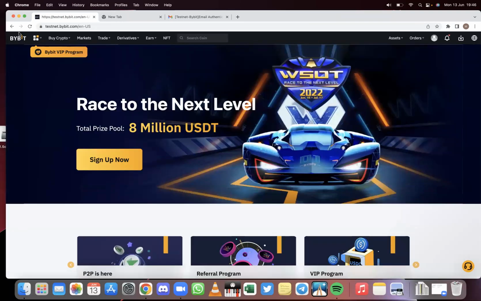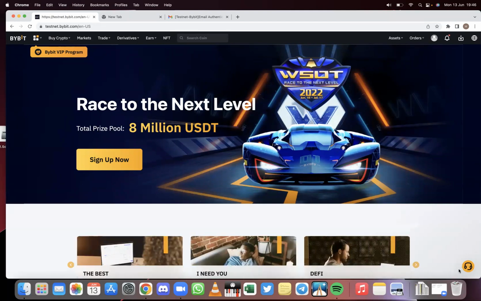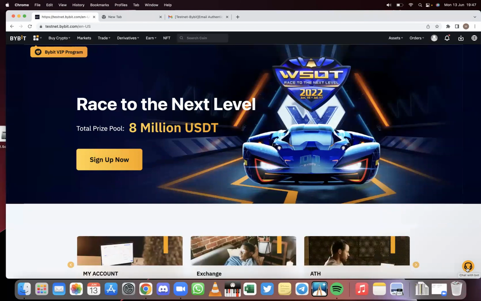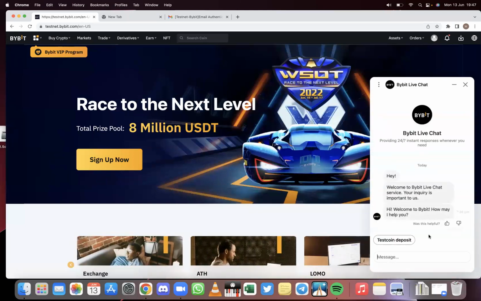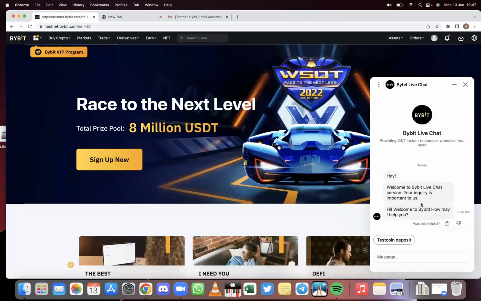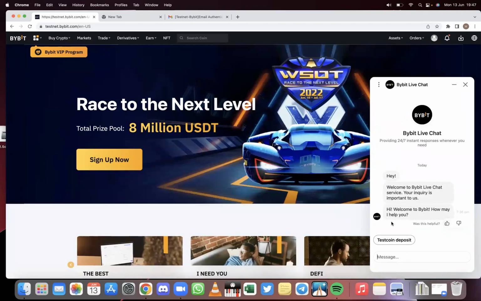Yes, so you go back to the home page, and then you can see below here, at the bottom here, where my cursor is moving, there's a support there, right? So you click on that support after you've logged in and verified the code. Click on the support. Automatically, they would ask you questions, the support is like an AI. Hey, welcome to Bybit service. Your inquiry is important to us. Hi, welcome to Bybit. May I help you? And then you type in and tell them that, hello,